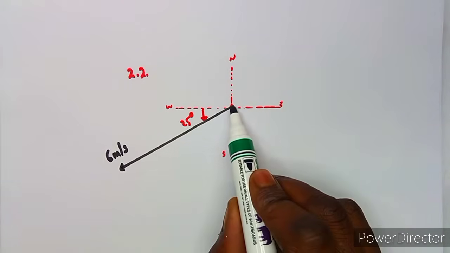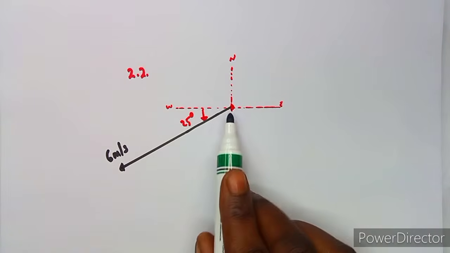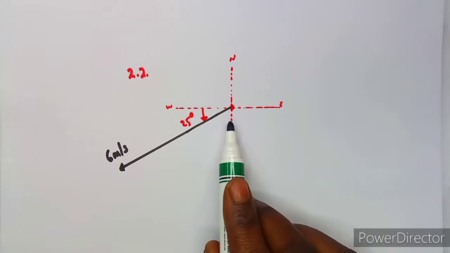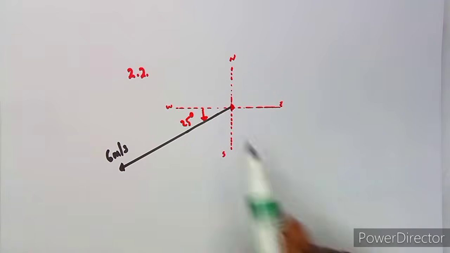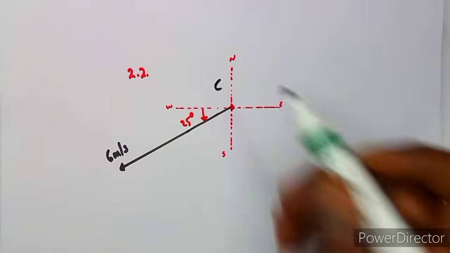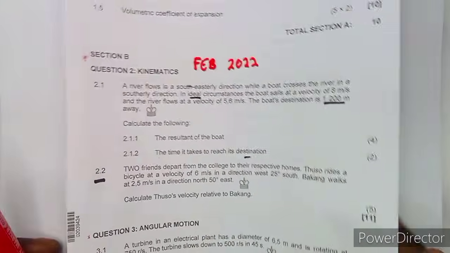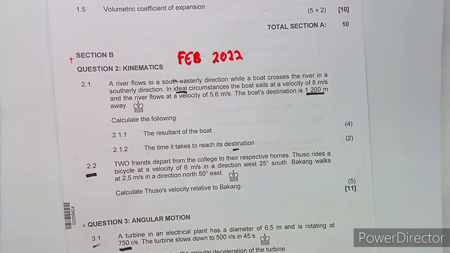Take note, they are going this way because this is where they are all departing from. These two guys are from the same point. Let's just say this is point C. Then what happened with the other guy, which is Bakang,